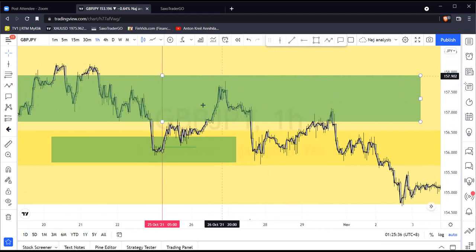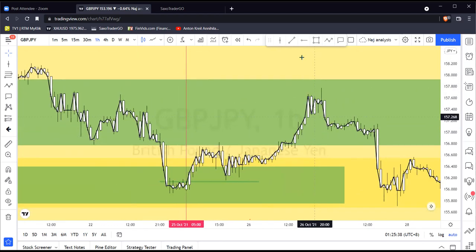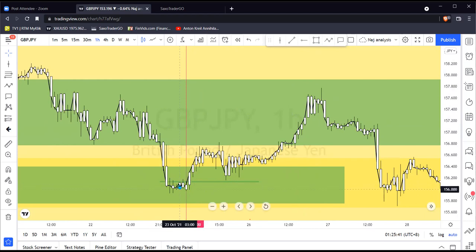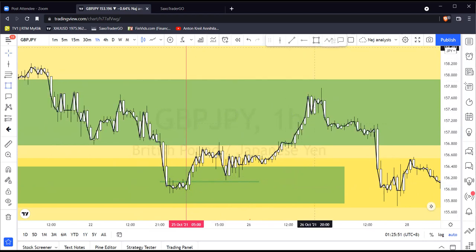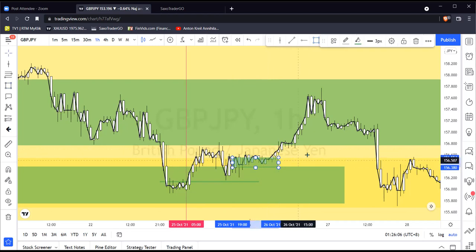Let me get back to here. If you see here, this is a breakout. If you calculate with spread and everything, you might get an entry here. Let's say you don't get this entry, so this is breakout, pullback, and then it comes back and does another breakout here, a really small one in 1 hour. So the reason I choose